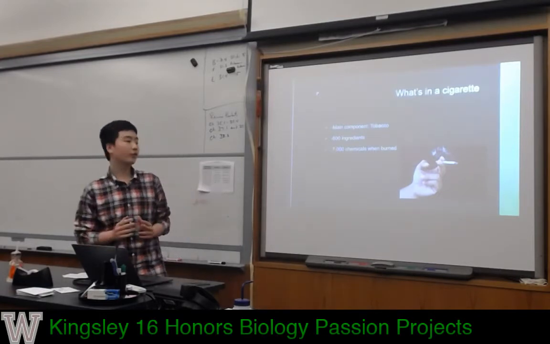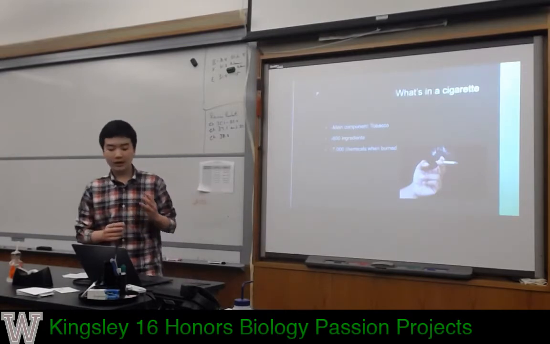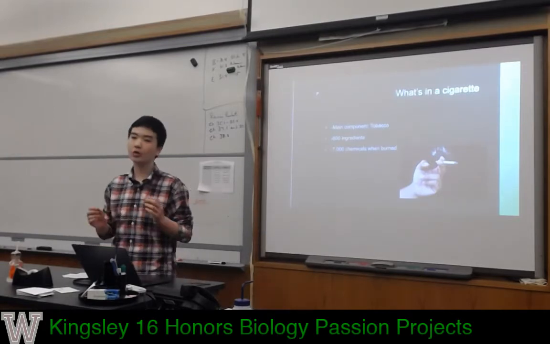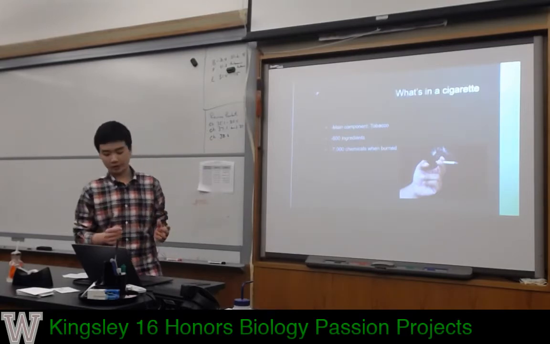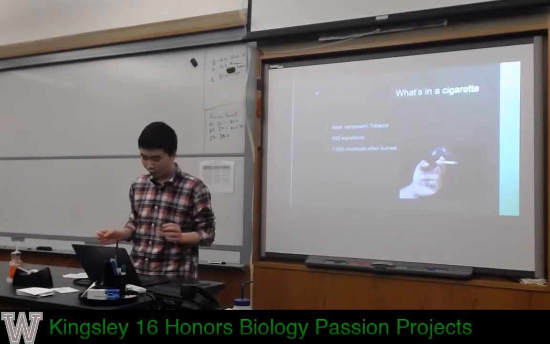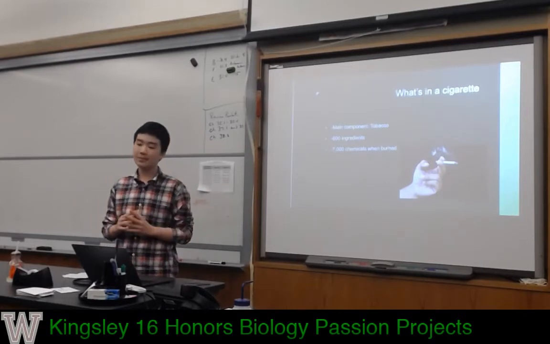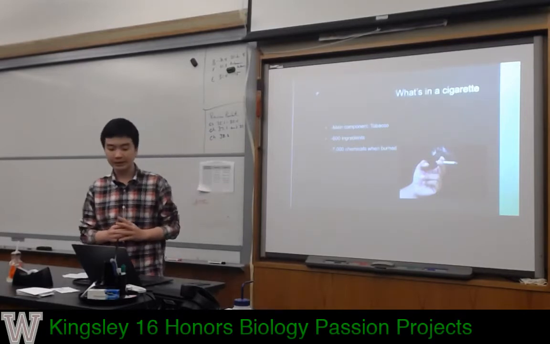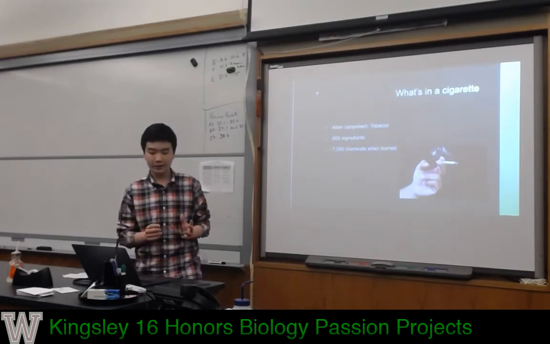The main component of the cigarette is tobacco, and it also contains 600 different kinds of ingredients, including a lot of poisonous elements like lead and ammonia. Lead is an element found in the crust and even in industrial facilities. And ammonia is an element that can cause kidney disease. It will generate over 7,000 chemicals when a cigarette is burned.